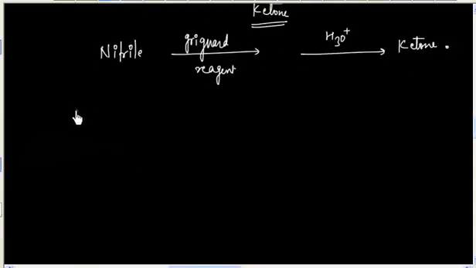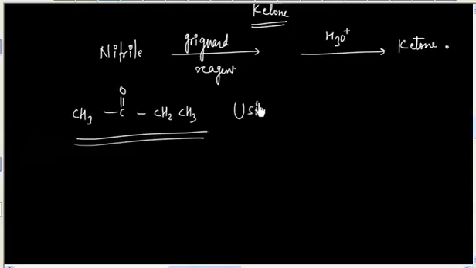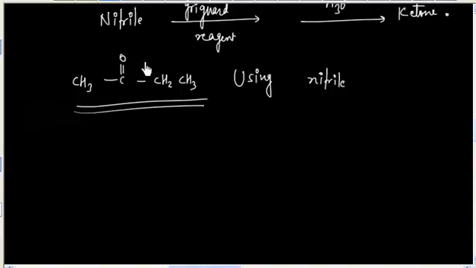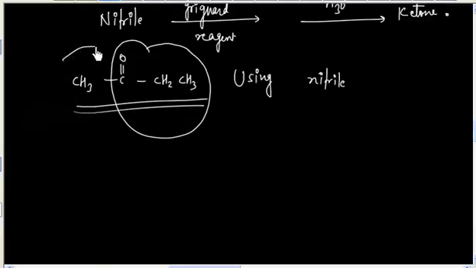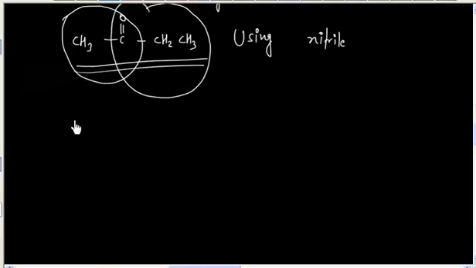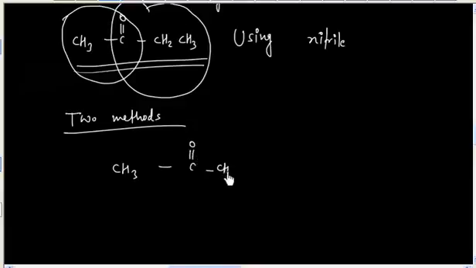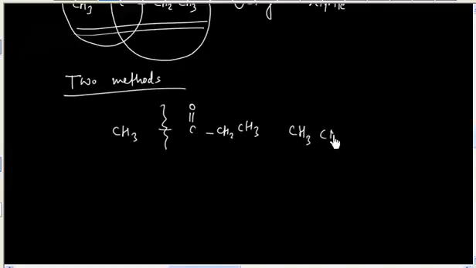For example, if I say how will you prepare this compound using nitrile, so we have to prepare this compound using nitrile, and this can be done by two ways. One time we can take this as nitrile, another time we can take this as nitrile. So there are two methods possible. So we will have CH3 C double bond O CH2 CH3. So we can take CH3 CN, and this side we will have